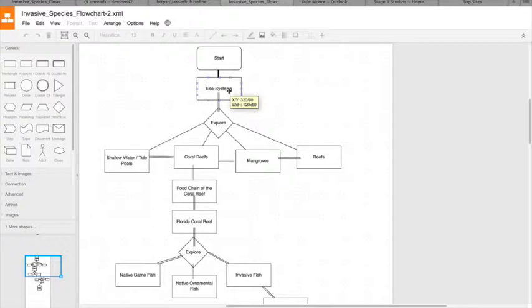And this will allow them to get a basic foundation or idea of what's going on with the Captivate system, which will then take them to a choice where they can choose which way they'd like to go. They can explore shallow water tide pools, coral reefs, mangroves, and other types of reefs that we can find off the coasts of South Florida. Now, each of these will always lead back ultimately to the coral reefs to push forward into the food chain